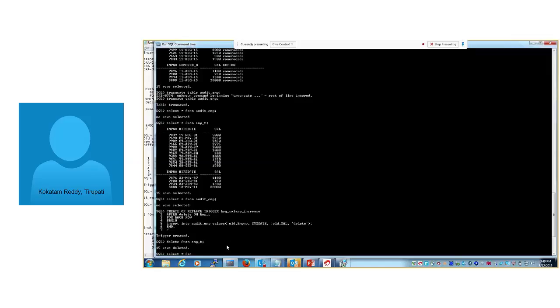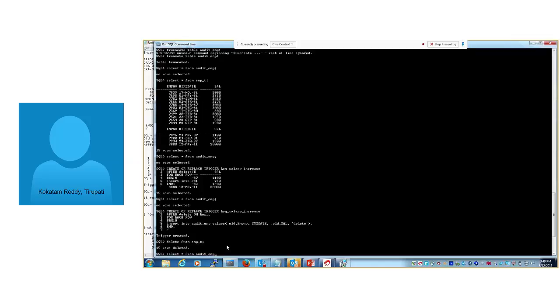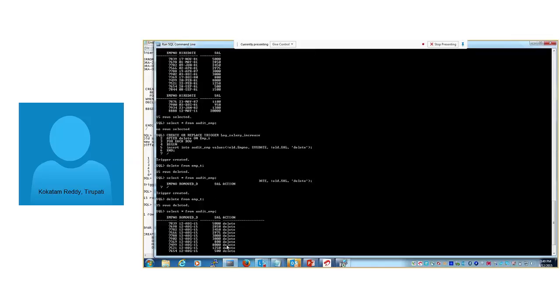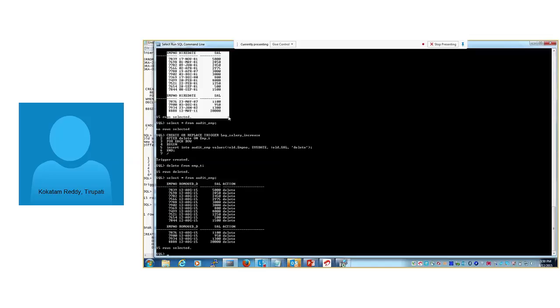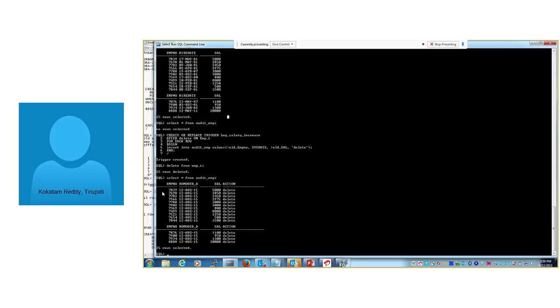Select star from audit_EMP. Yeah, we can see the 15 records deleted from the T table. Those 15 records' information we got from the audit table.